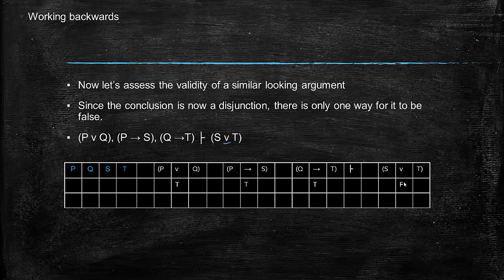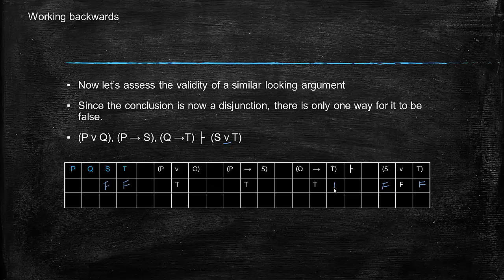Because there's only one way for a disjunction to be false. The only way that a disjunction can be false is if both disjuncts are false. So we're forced. There's no other line to consider. This is all or nothing, right? We're forced to assign false to S or T. False, false. That's the only assignment possible,